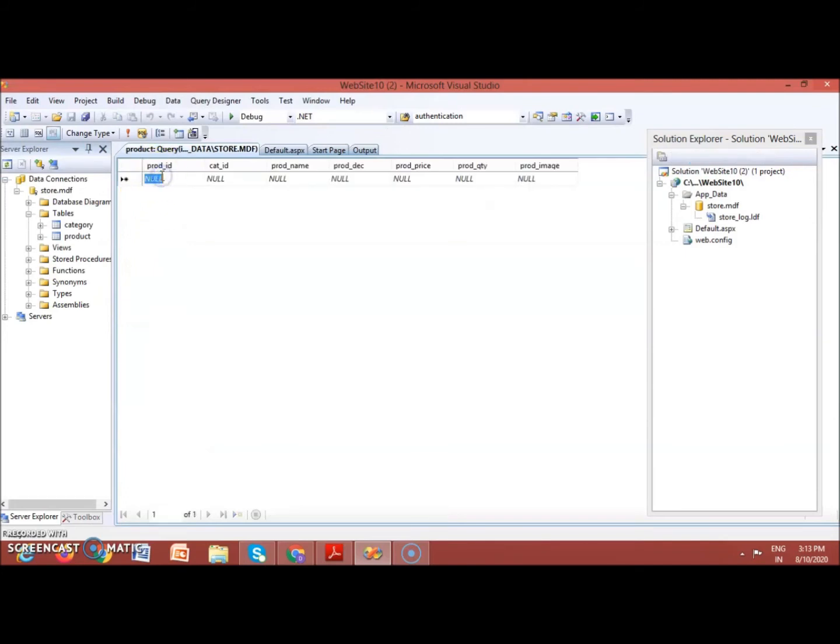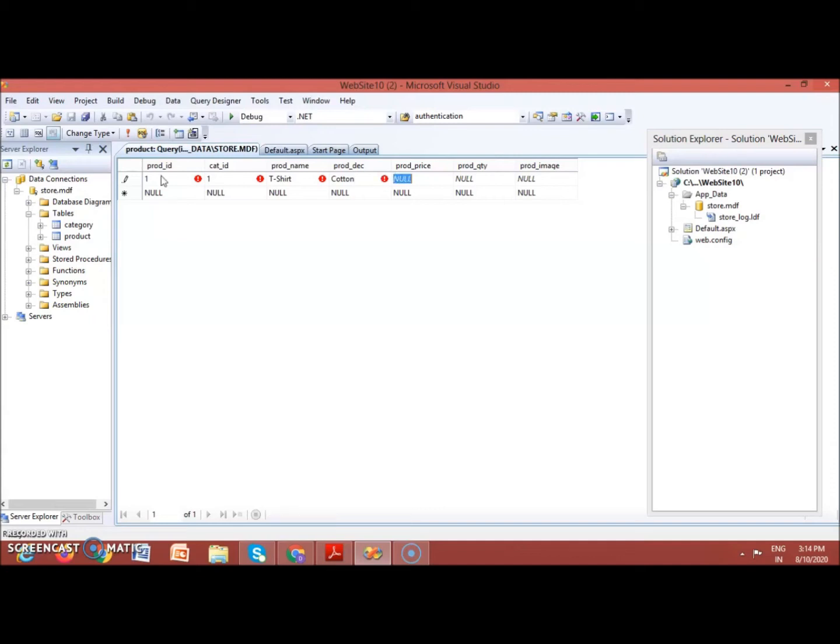So let us enter one as product ID, then category ID is also one, then say it is a t-shirt, and then product description, it is cotton, what the color is, what the length is, what the size is, etc. You can define in a product description.